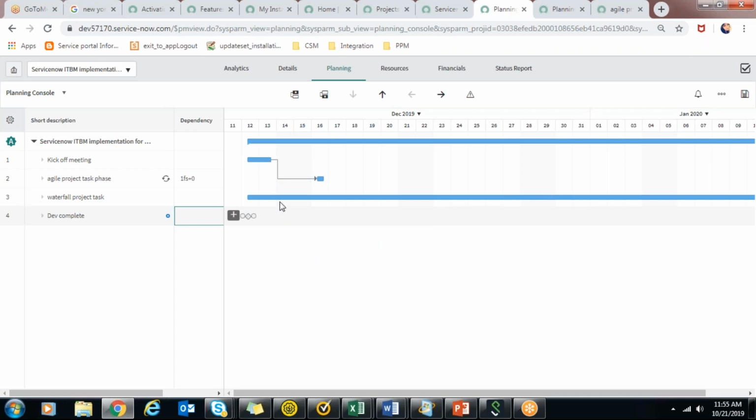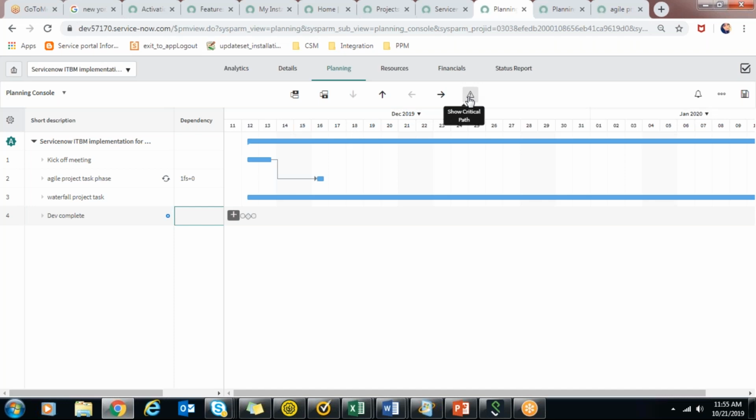There are two types of colors, right? There is one concept, the critical path. So when you click on this critical path, it will show you the tasks in red, whatever tasks are directly affecting the planned end date of that project.